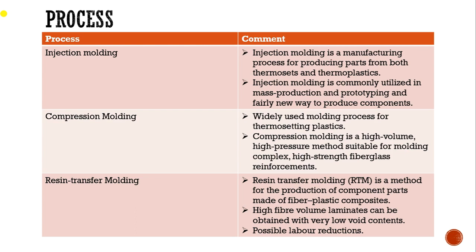Lastly, resin transfer molding. Resin transfer molding is also known as RTM, which is a method for the production of component parts made of fiber plastic composites. High fiber volume laminates can be obtained with very low void contents. It is also able to reduce